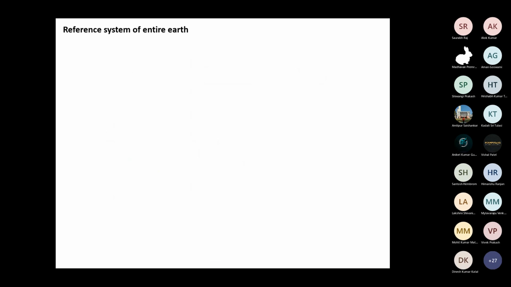Okay. Now we are going in a bigger way. As I discussed, we want a reference point. So can you think there should be some reference system for the entire Earth? Is it required or not? Listen carefully to me. We are all talking about there should be a reference point to measure the points. So is it possible to make a reference system of the entire Earth? What do you think about it?